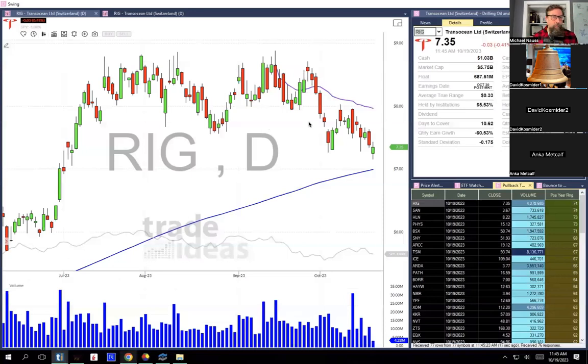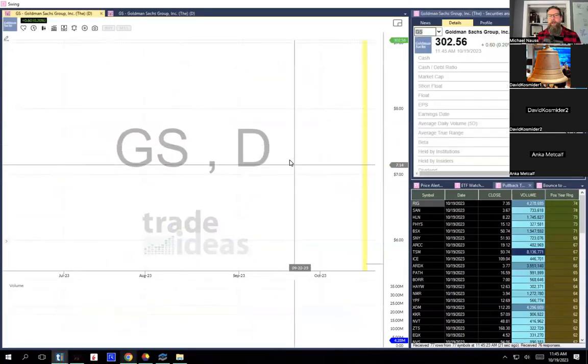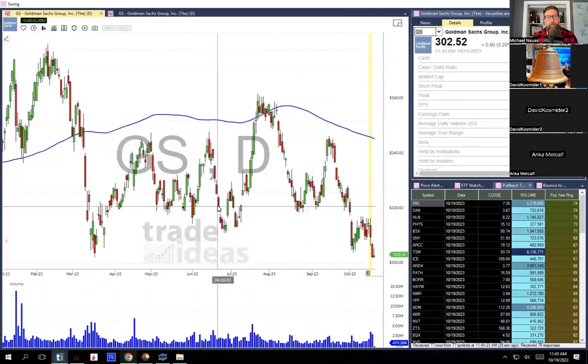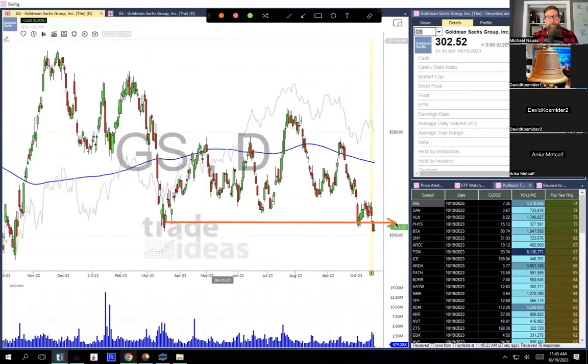Okay, so Goldman Sachs. Goldman Sachs is probably going to look like some of the banks, but this is best in breed. So if you're going to buy a bank, you're probably good to buy Goldman Sachs here. But yeah, these things are just getting beat, below a declining 200-day moving average, right at lows here. Maybe some support coming in from this zone, but not looking good there.